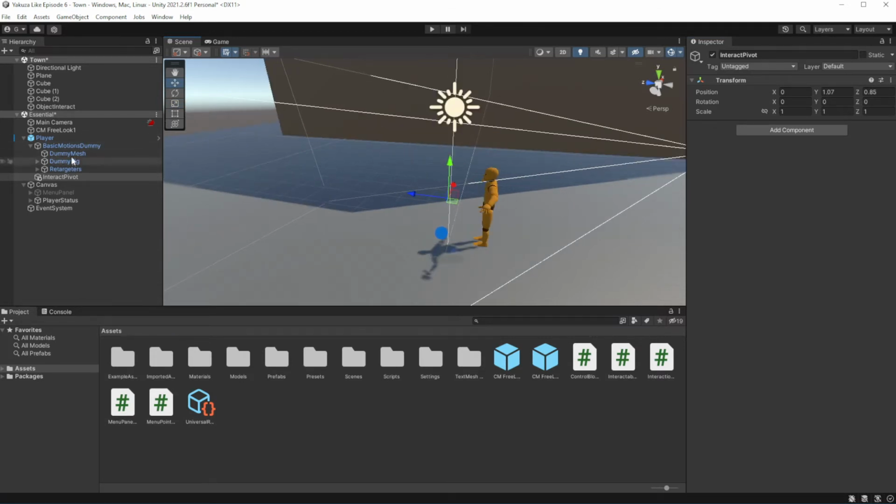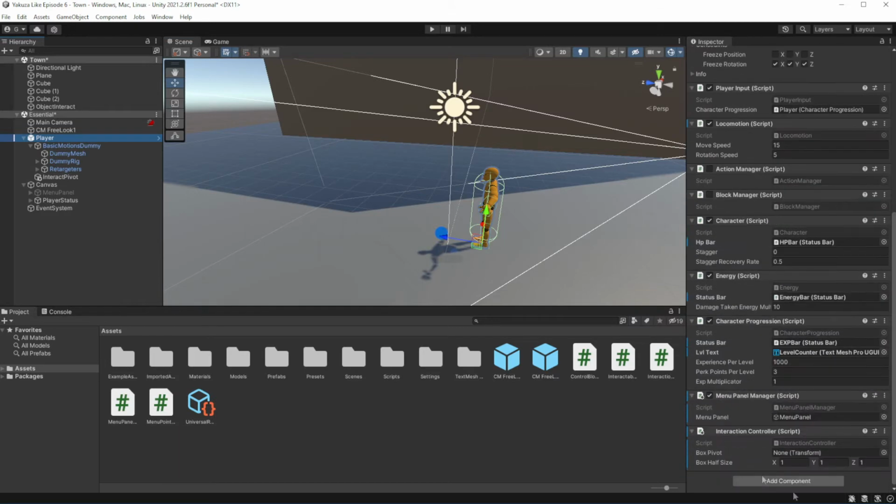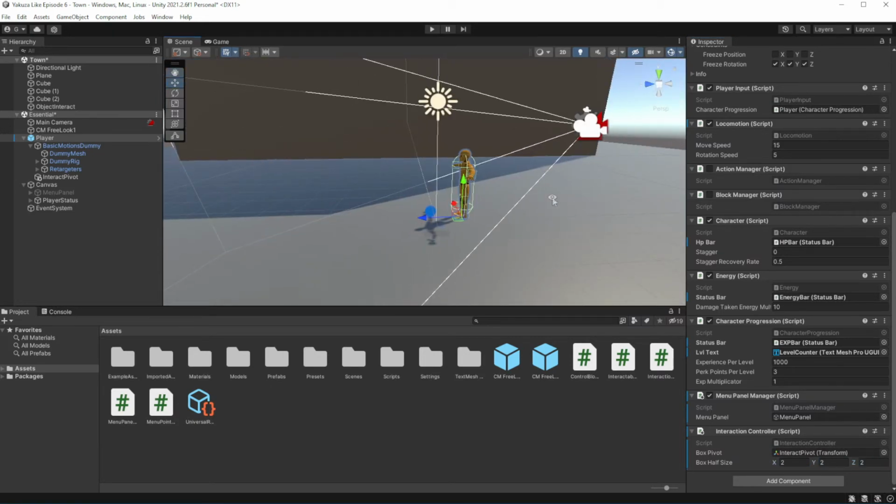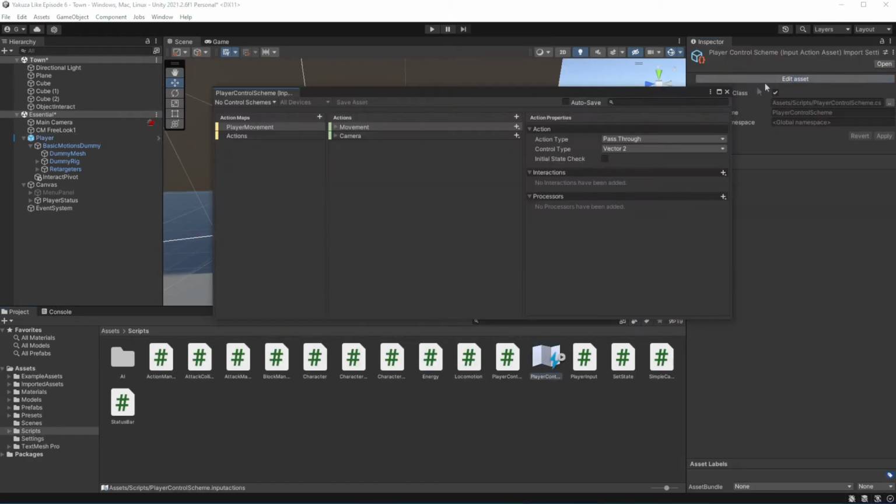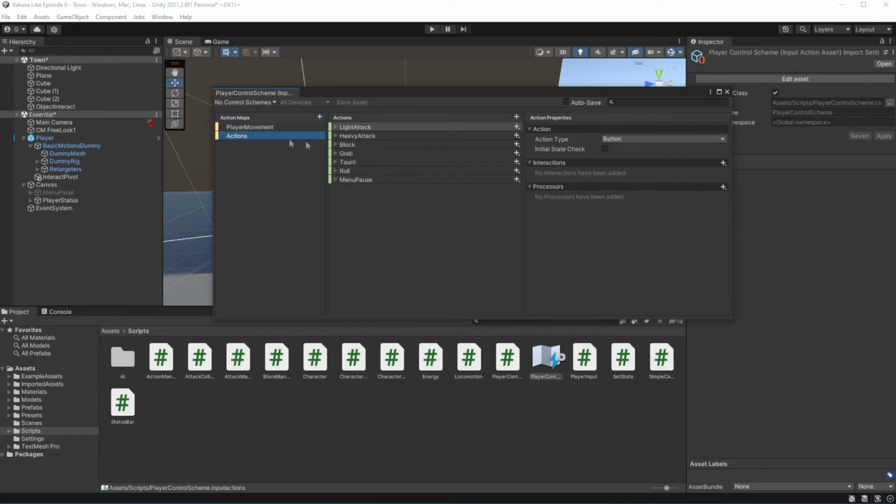Set the field in the editor. Good. Now we need to call the interact method. Now we need to add interact to the player input. I explained this process many times before, so I will not repeat myself.